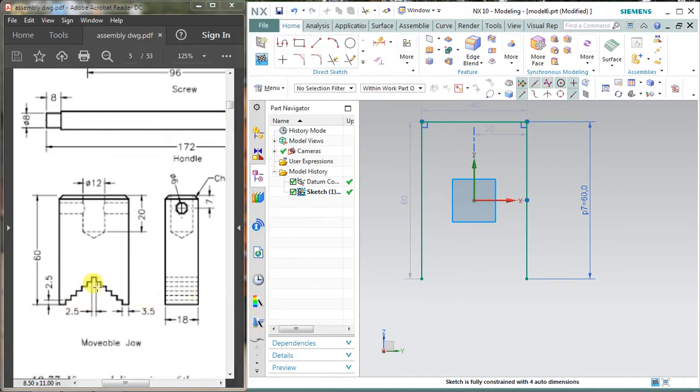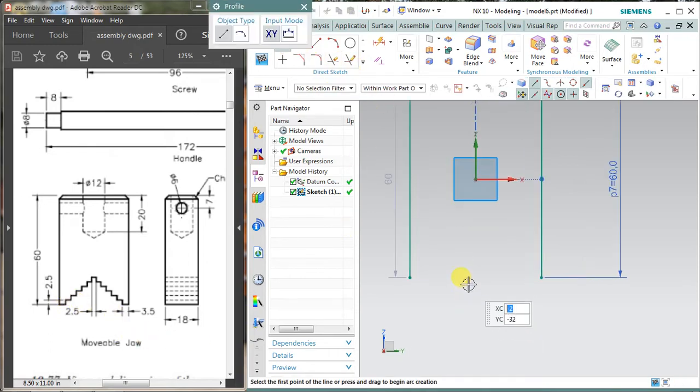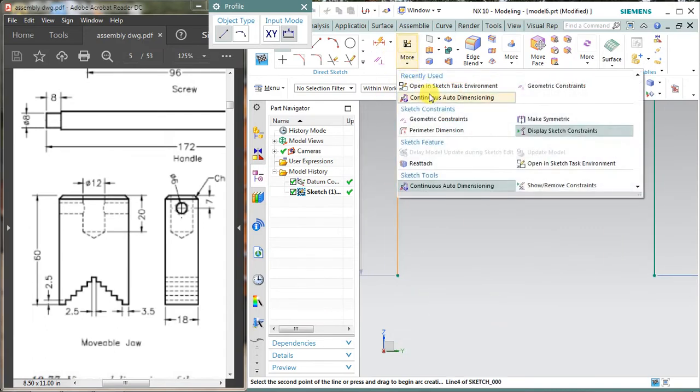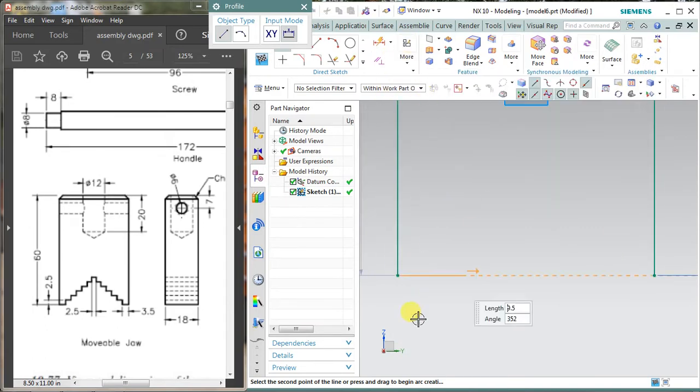I will make only half of the zigzag portion, and I will mirror it after completing it. The dimension of this portion is 25 mm height and 25 mm width. So let's take a line from here and draw from this point, and I am deactivating this auto continuous dimensioning.